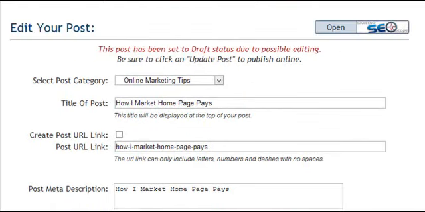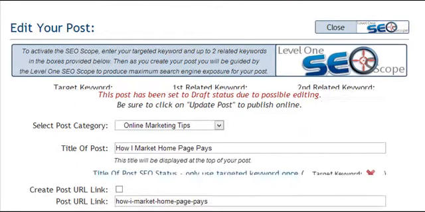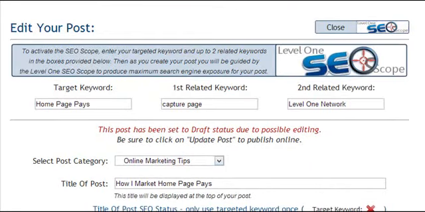Now, the other thing that's unique about this blogging platform, they have this SEO thing here. And if I click on open, when you start your blog post, it asks for a targeted keyword. And I put in homepage pays. First related keyword, capture page. Second related keyword, level 1 network. So if I just activate these